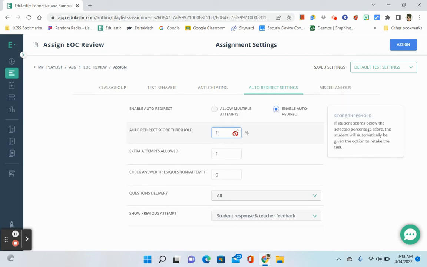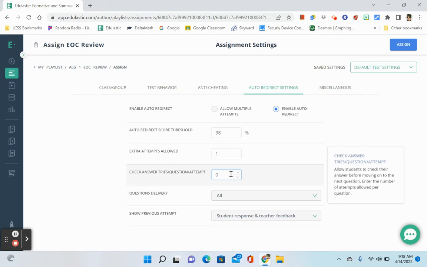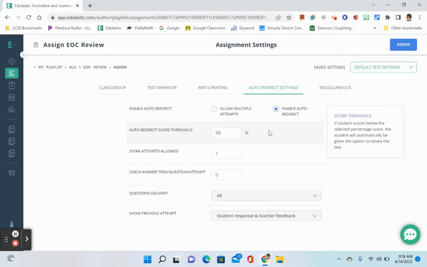And I set it to anywhere between 95 and 98. My students actually prefer that it be at 98%. It will auto redirect one time, and you can change that here if you want to. And then you've got check answer, try. So the difference between redirect and check answer, redirect, they have to submit and then it grades it and then